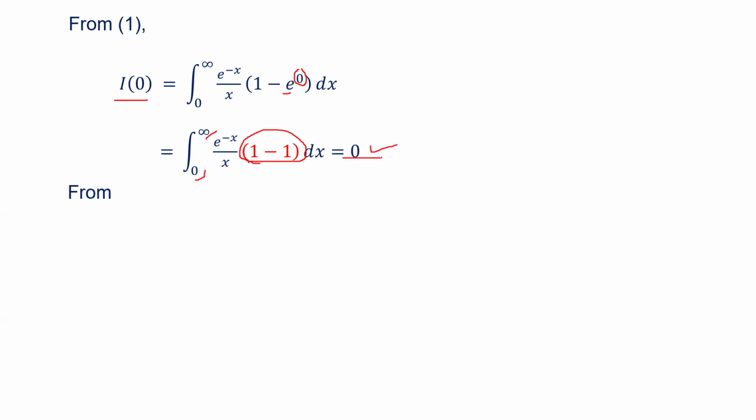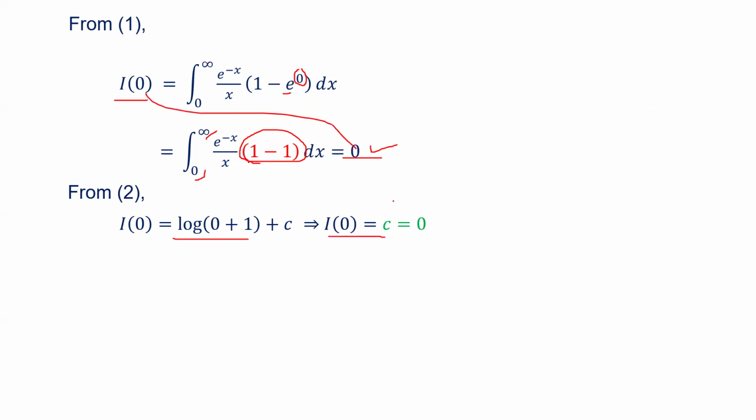This is from 1. And similarly from 2, I of 0 is equal to log of 0 plus 1 plus c, and this log of 1 is nothing but 0. So c is equal to I of 0. But I of 0 is what? I of 0 is 0. So c is equal to 0. Hence, from equation number 2,